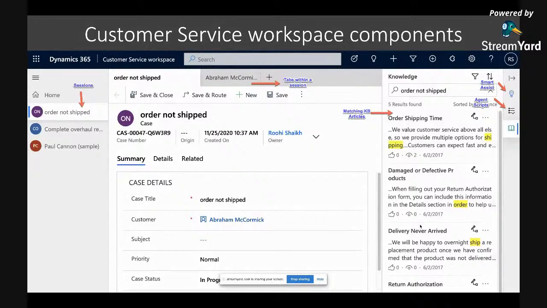Now, I've included some quick screenshots, just in case I have issues when presenting. This is what your customer service workspace app looks like when you log in. You basically start with the home. So it's on the home that you would start. You would have a dashboard on your home, and on the dashboard you would